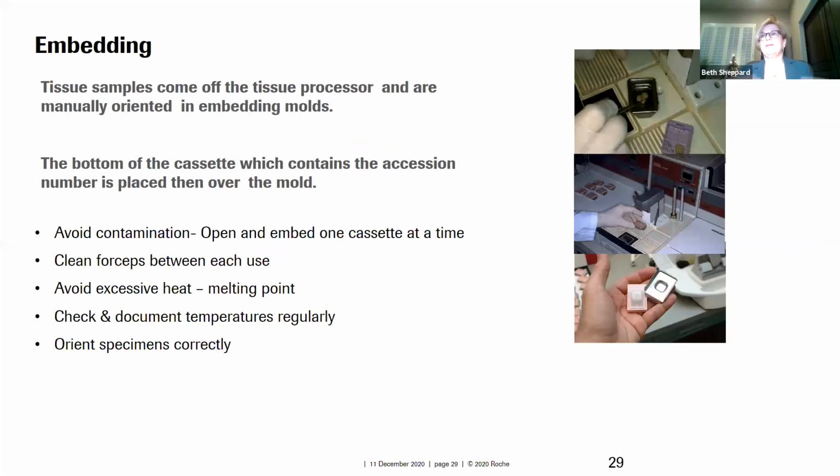Embedding. You think that embedding would be simple. The technician takes it from the embedding chamber and puts it into a mold and then a cassette, and there wouldn't be any kind of artifact there. However, there are. You want to avoid contamination at this point, making sure you open one at a time. You make sure you clean your forceps, avoid excess heat, check and document the temperatures daily, and making sure you